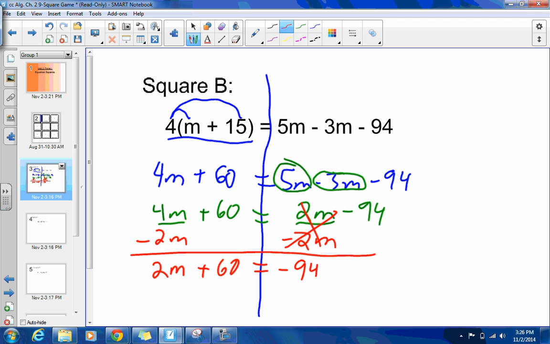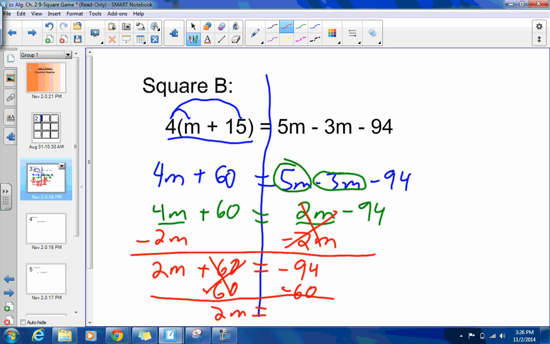And now all the variable terms are on one side, so we want to try and get all the plain number terms, or they're called constants, to one side. And if you look here, we have a plus 60 here and a minus 94, so we want to get all of the numbers to the opposite side as the variables. So let's get rid of this plus 60 and subtract 60 from both sides. All right, if you subtract that, those cancel out. You're left with just 2m